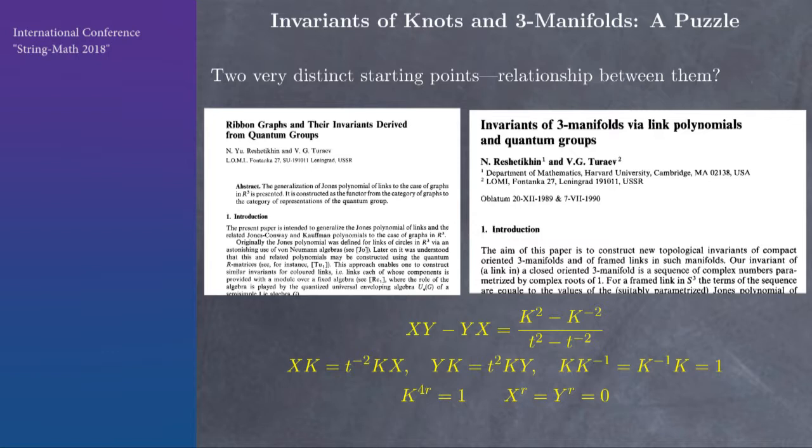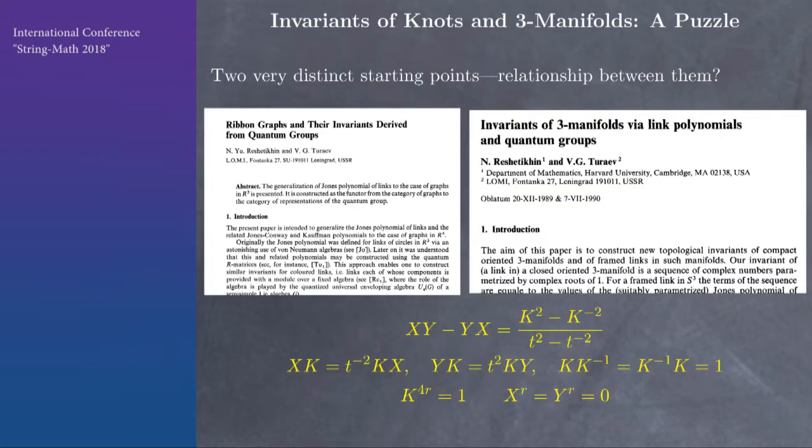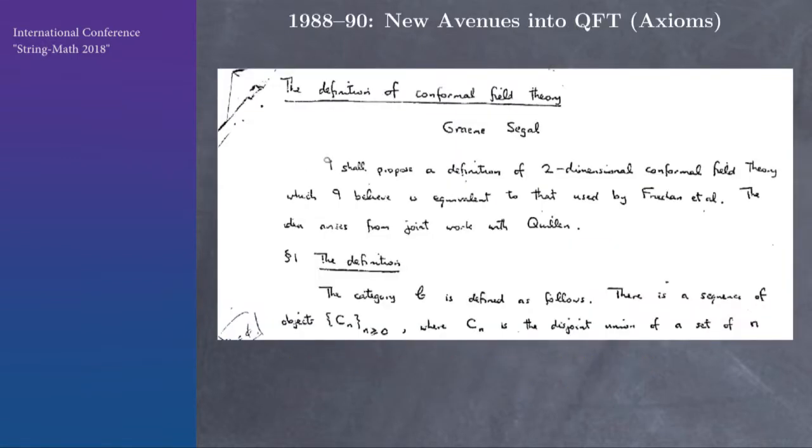Depending, you may like one or the other better, but the question is, how is there one story that has both of these ingredients? How do they fit into a single story? They seem very different at the time, and very different starting points for constructing what was evidently, from the formulas, the same invariants. So one aspect, as I said, are these examples, and the other development that opened new avenues